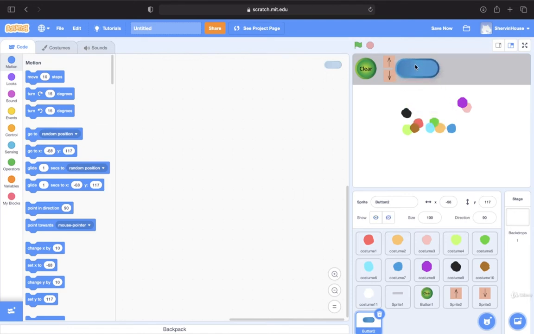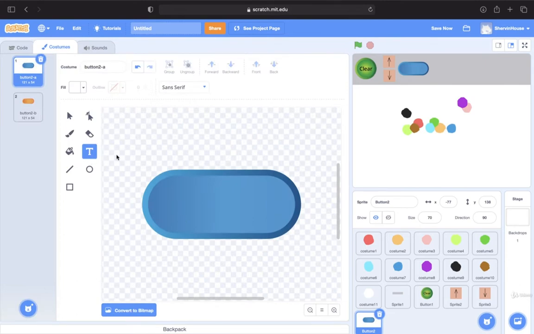So we're just going to put it over here, and we're going to make it a little bit smaller. So let's say 70, for example, and place it right there. And of course, we're going to go over here and add some text to it, and we're going to create two different text boxes, one saying change,